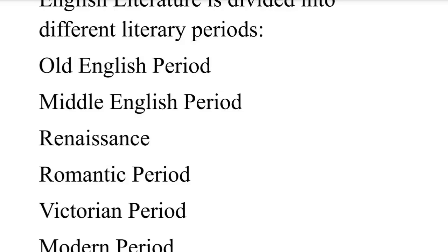And we also discussed the subdivision of various periods, like the Renaissance, which is divided into the Elizabethan period, Jacobean period, Caroline period, and also the Puritan Interregnum, which is also known as the Commonwealth period. We discussed all those things in detail. So go and watch the video on periods of English literature to get clarity on the periods and how you should study in chronological order.